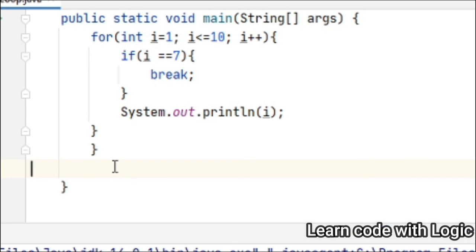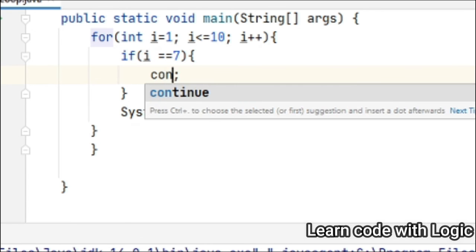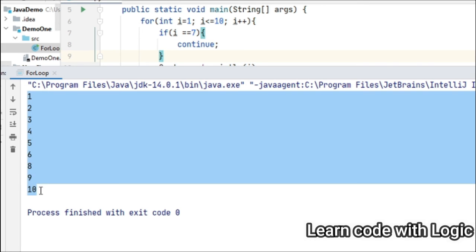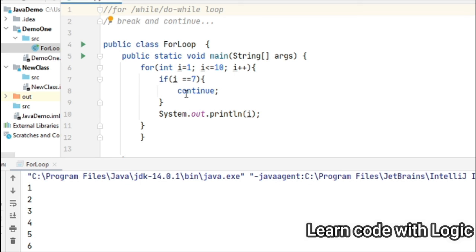Sometimes we don't want to break the entire loop, we just want to skip only the 7. But the rest of the numbers we really need. In that case, instead of using break, use continue. Now you can see we got all the numbers except 7. But these are for specific examples, or I can say specific requirements. It's always good to know instead of rewriting the complete code. Wherever there is a need, we can use it directly.